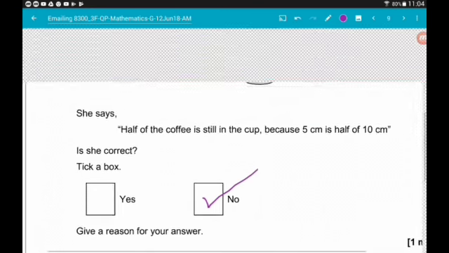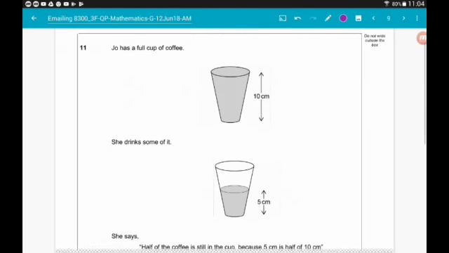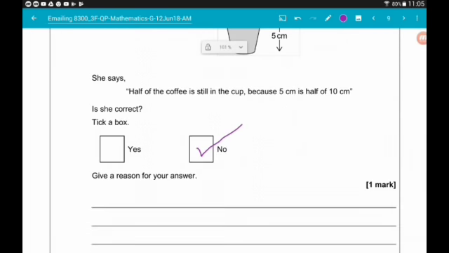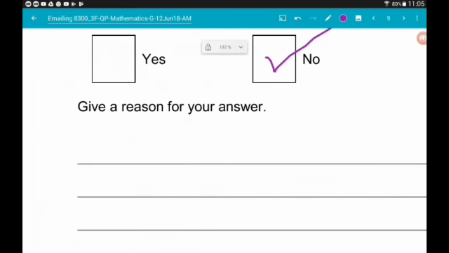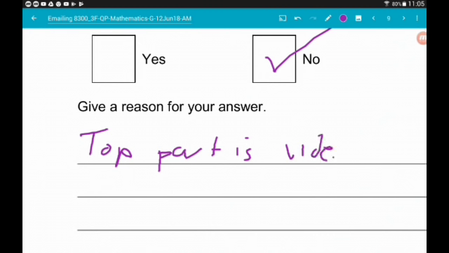So she is not correct. The reason is the top section of the cup is wider than the bottom section of the cup. So there's going to be more coffee in the top 5 centimeters than in the bottom 5 centimeters. So if we just write something along the lines of top part is wider than the bottom,